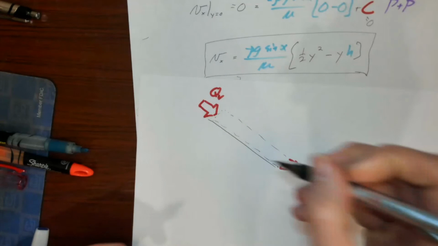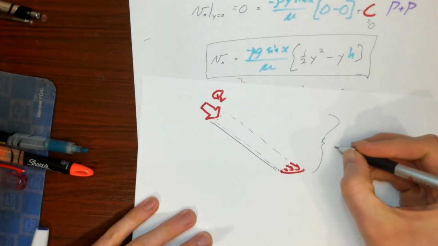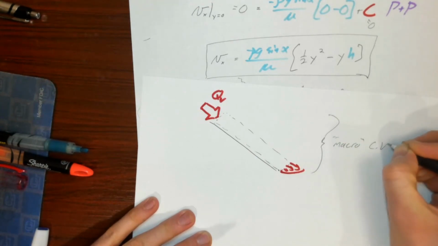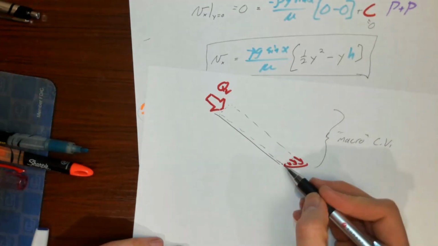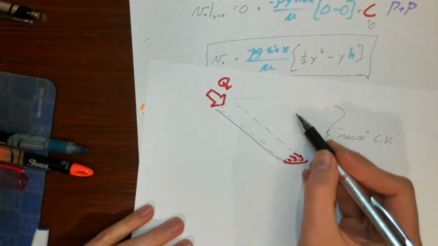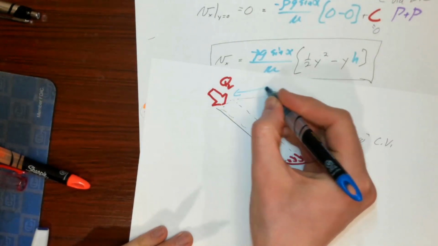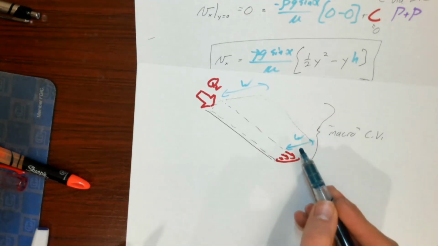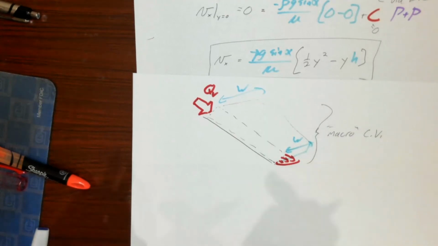And I'll skip the details, but if we did a macro control volume for this thing for conservation of mass, and we imagined it going some distance w into the page, right? I'm trying to draw 3D here. If we broke this up into a whole bunch of slices and integrated, blah blah blah,